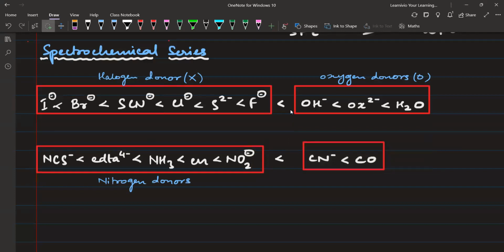And these two are known as the carbon donors. तो इसमें नाइट्रोजन डोनर्स को N से रिप्रेजेंट कर सकते हैं, एंड कार्बन डोनर्स को C से।